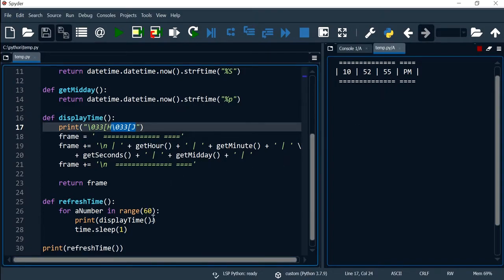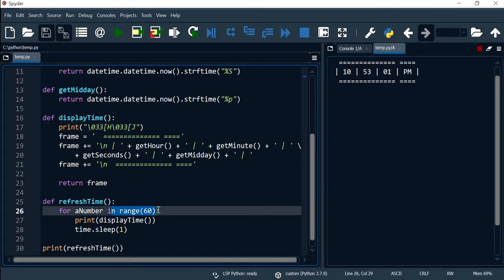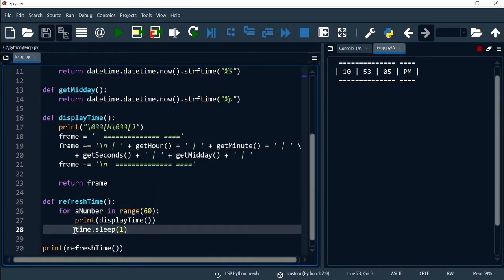This is running for 60 minutes. You can change this to run for the time that you'd like it to. So I said 60 minutes, I meant 60 times pausing for a second, so it's going to run for a minute. But you can adjust this to what you'd like your program to do. And it's as simple as that,